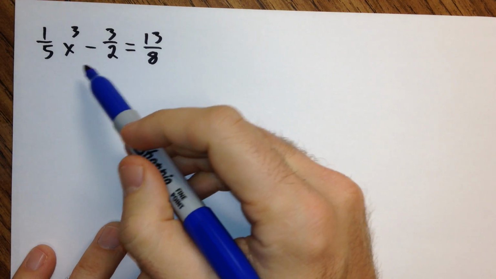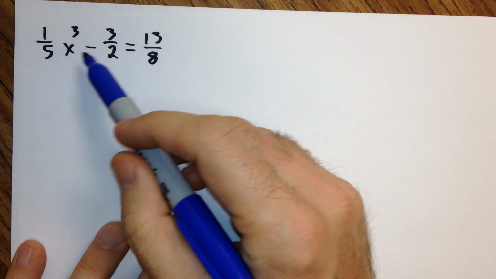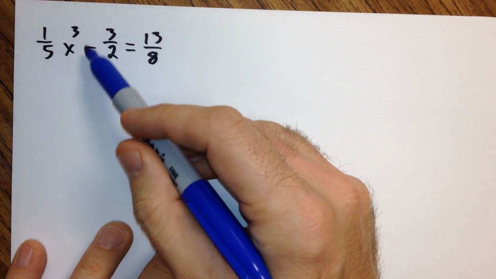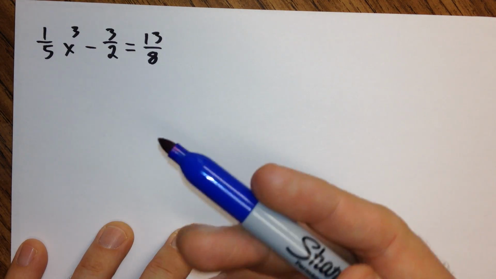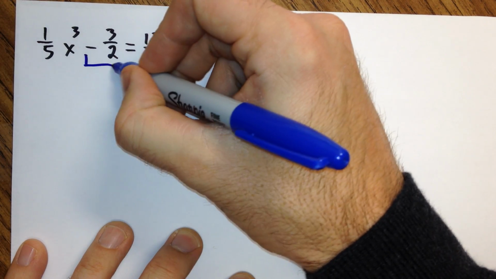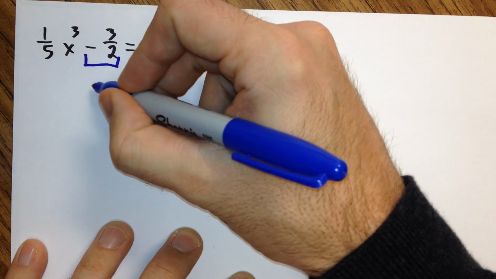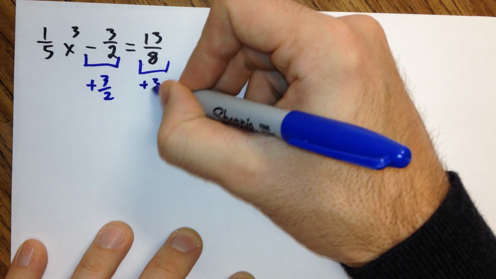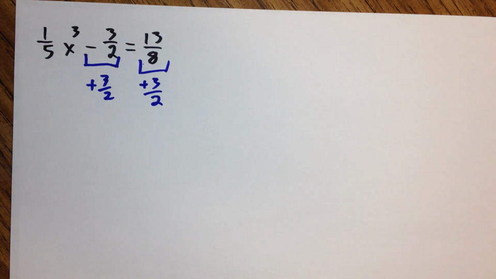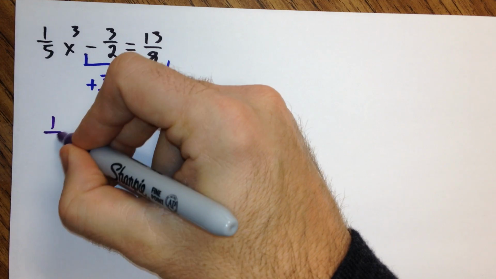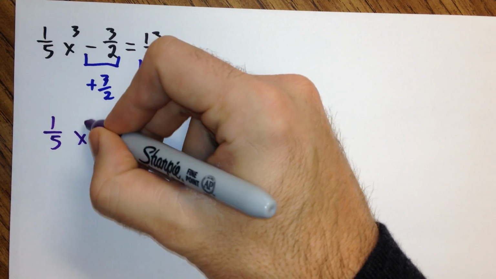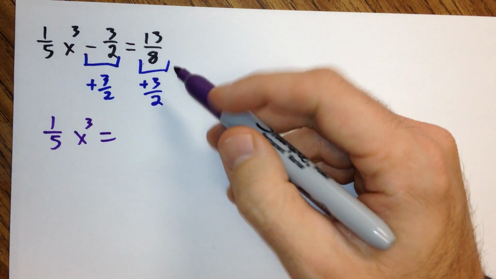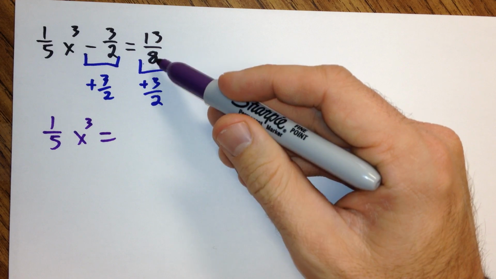If we look at this problem and we see inside and outside, I see the last thing to interact was this fraction, the minus 3/2. So that's going to be the first thing that I get rid of. I'm going to get rid of this 3/2, and I'm going to do this by adding 3/2 to both sides. So I add 3/2 to both sides, and on the left, I'll get a 1/5 x cubed, and on the right, I get whatever comes out when I take 13/8 and